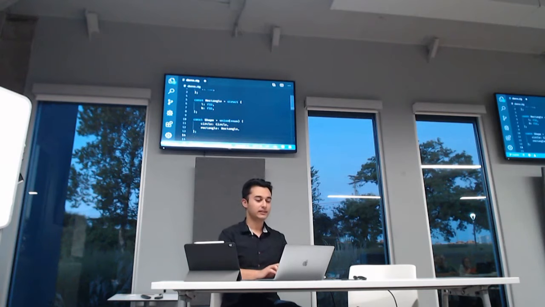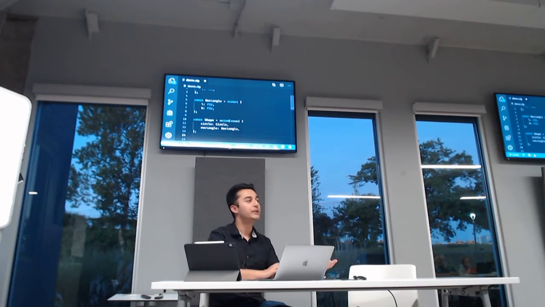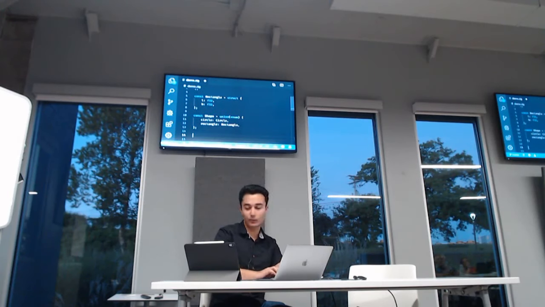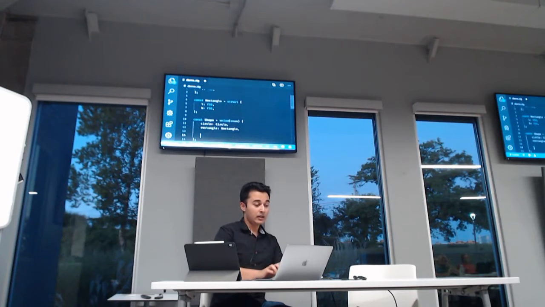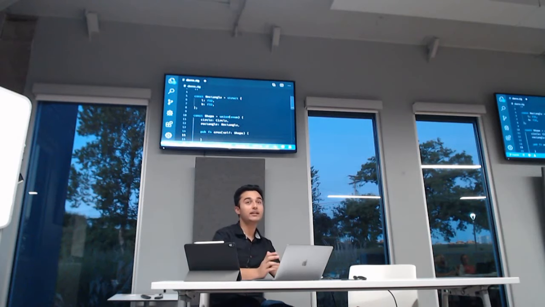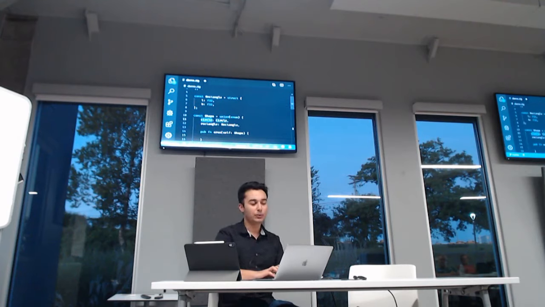Cool. You have probably used unions in C, but what this does is provide a really nice way to deal with this. Let's say I am creating an area function here. Pub fn area, and let's say self is a shape. Now, depending on the type that I am, or depending on the tag that I'm currently in, I could work on this differently.